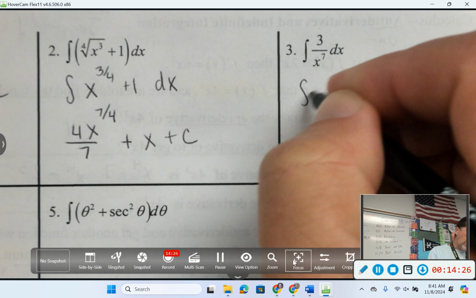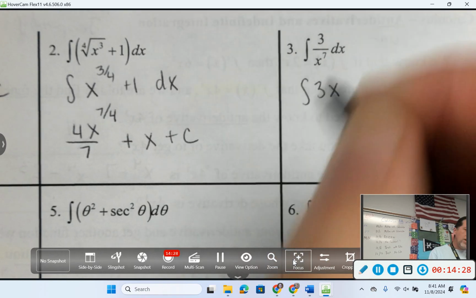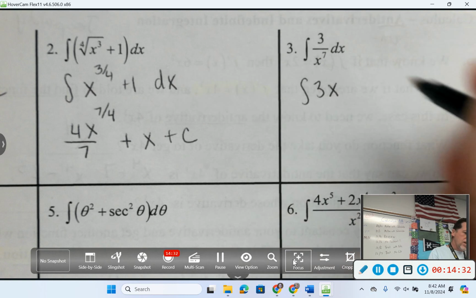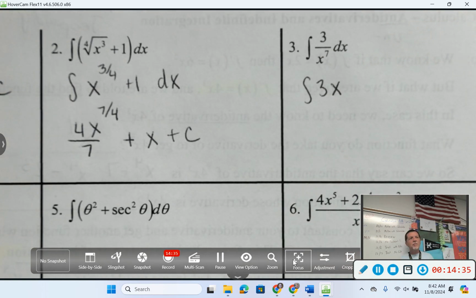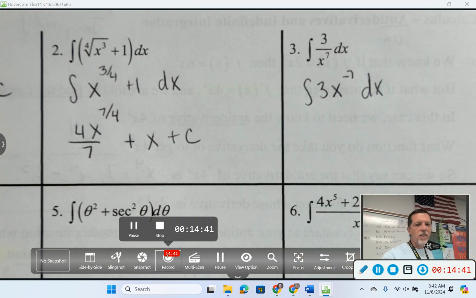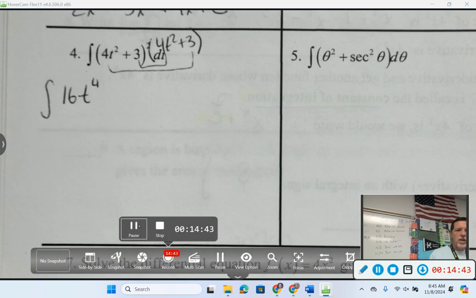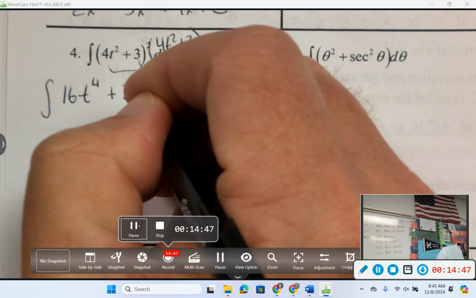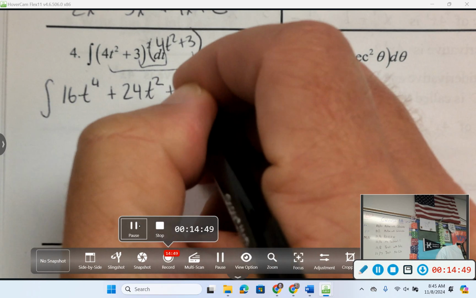Number 3. Okay. What is the power for x to the 7th in the bottom? How could I rewrite that as x to some power? X to the negative 7. All right, why don't you see if you can finish that one? It would be plus 24t, 24t squared, plus 9